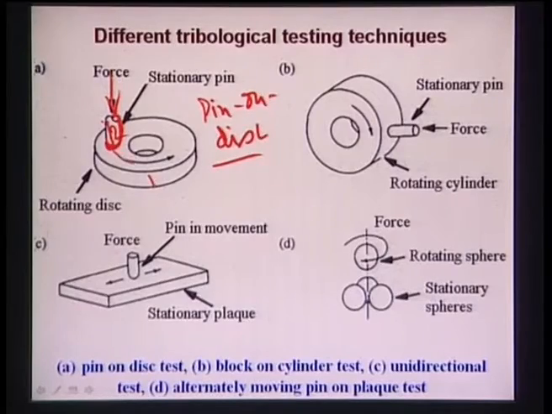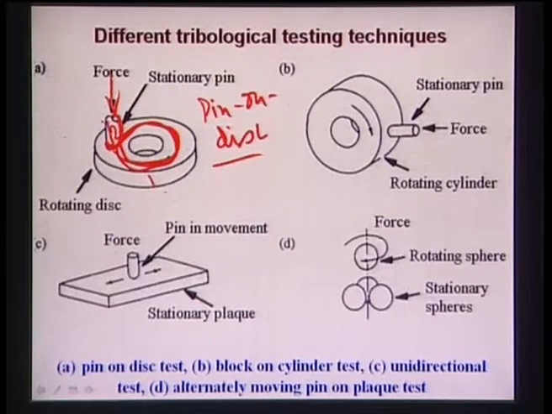Okay, so after that what will happen? You will find that a wear track is formed. Wear track means this track experiences the material damage, or this is the area where the material damage and the wear have taken place. If it is a metal which undergoes extensive wear, you can measure the weight before the test and the weight after the test, and then you can find the mass removal due to the wear test. In ceramics, that wear volume is much less.